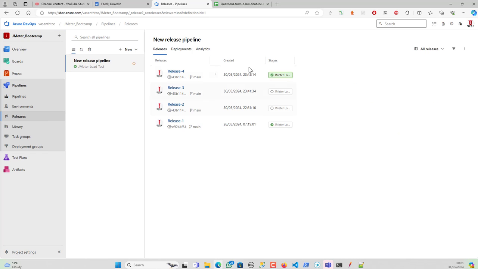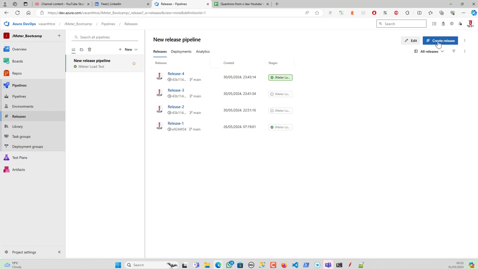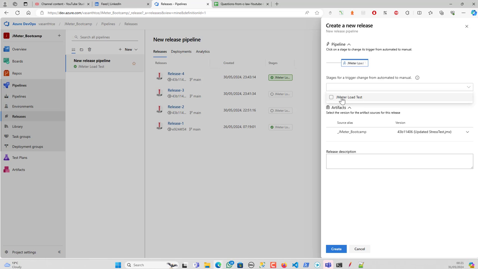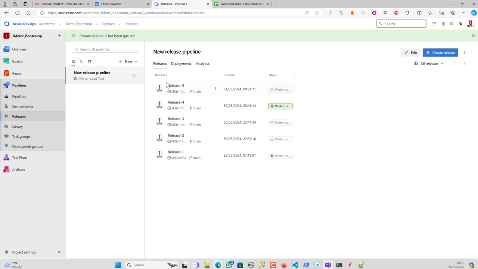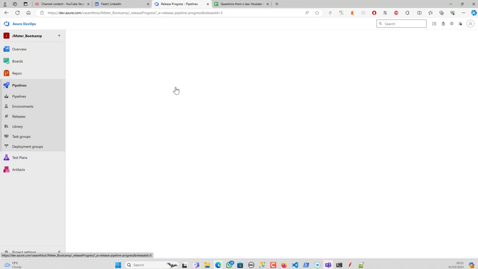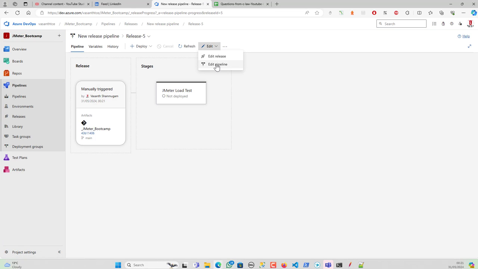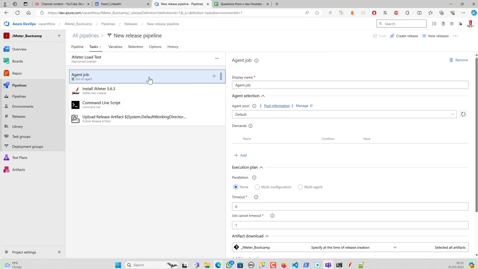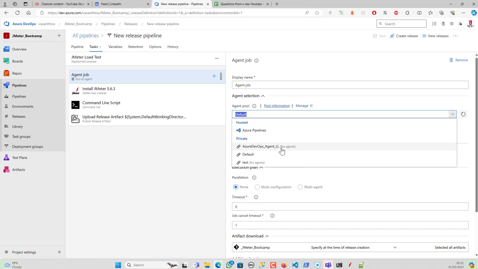I'm going back to the releases, and let me click on create release. This will create a release for me, and I'll make all the changes there. For now, I'm going to change this from automated to manual so that it will not get triggered. So I'm opening the release now. Under the release, if I click on edit pipeline, then the job or task, and then this agent job, we have the agents, the default. So when I click on this default,